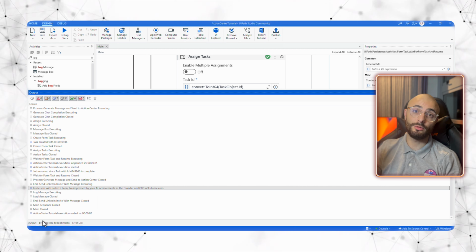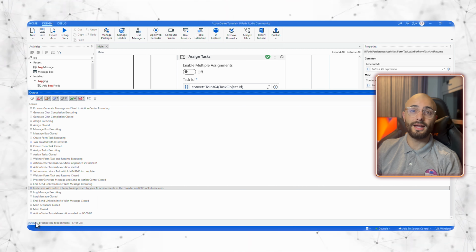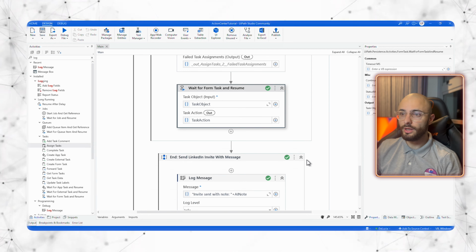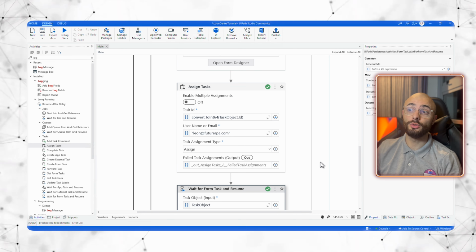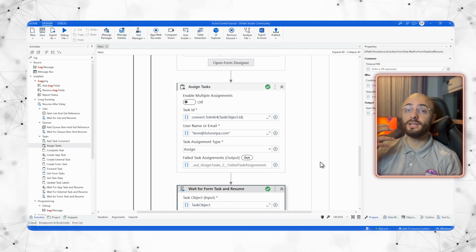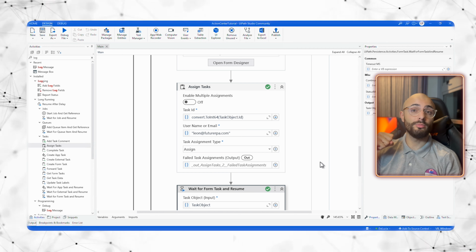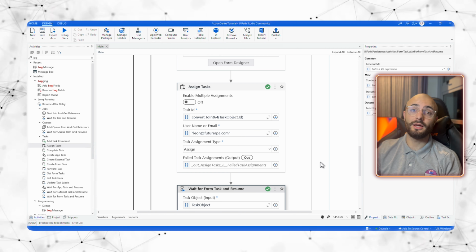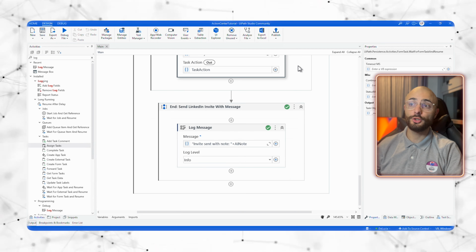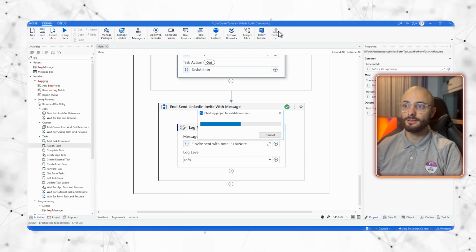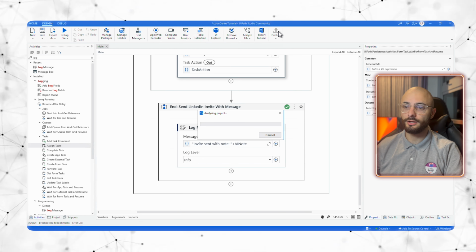So you see how I was able to pull in that updated value. Now it looks like we have this all set. The next thing I want to show you is how this actually works in a production environment. So I'm going to publish this to UiPath Orchestrator, and I'm going to show you how it actually works the way it's supposed to. I'm going to click this publish button at the top right of my design ribbon,